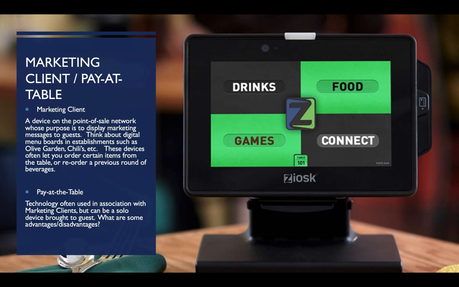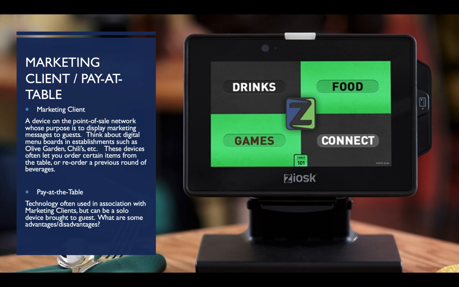So if a guest hands a server their credit card, the server takes that, 20, 30 feet away, whatever, to the POS station, who knows what's happening to your credit card at that time. They could be writing down the number for themselves, or it could be mishandled, or someone could take a picture of it, whatever. But by paying at the table, whether the server is bringing out a device or you're paying